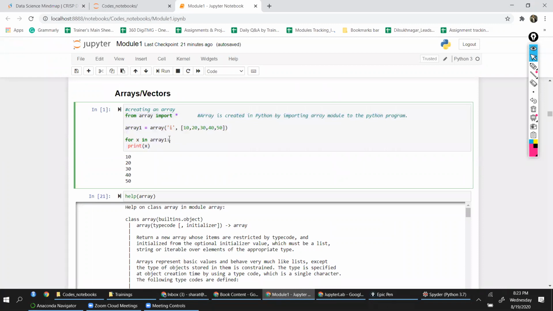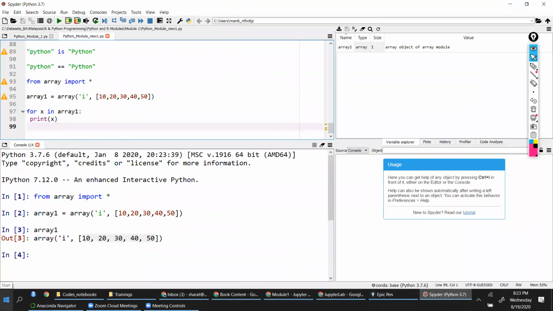When you're executing, Jupyter executes one cell at a time. That means the entire code in that particular cell will get executed. But in Spyder, you have to be careful when you're executing multiple lines of code.